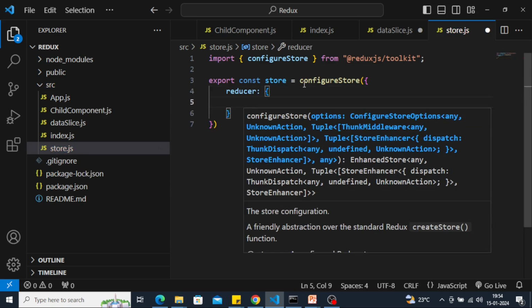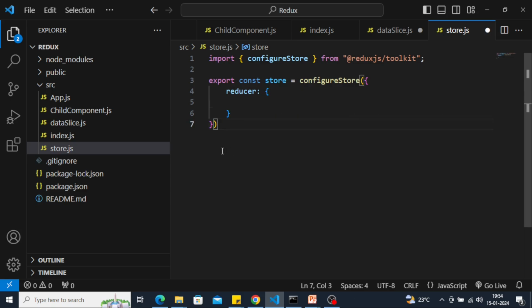Okay, so this might be something confusing. I will explain. Just be with me for a while. I will explain what I have written over here. What is reducer? Next step is